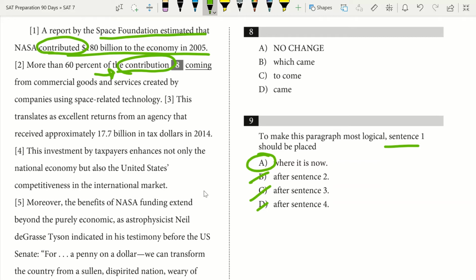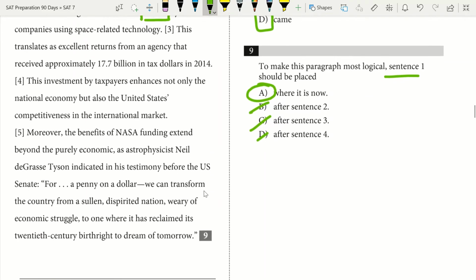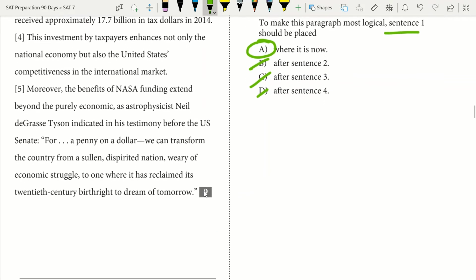Okay, we have "more than 60% of the contribution should be came from commercial goods and services created," right? We see it's past tense by the word created, therefore we need to have the word came for number 8. All right, now we have this translate as excellent returns for an agency that received approximately $17.7 billion